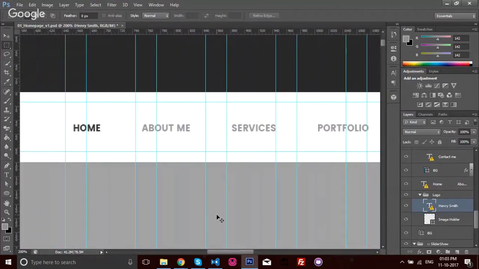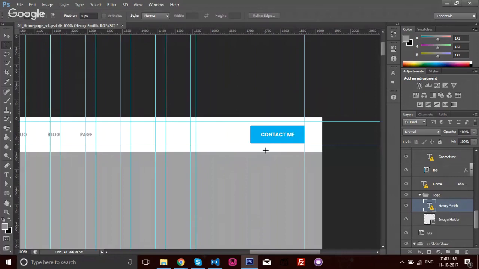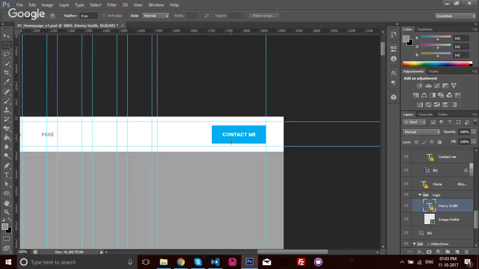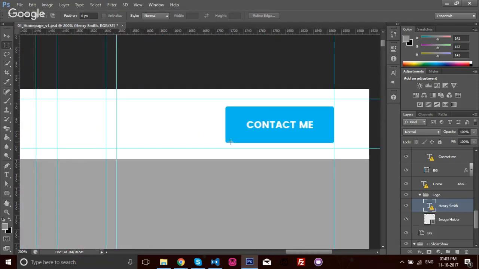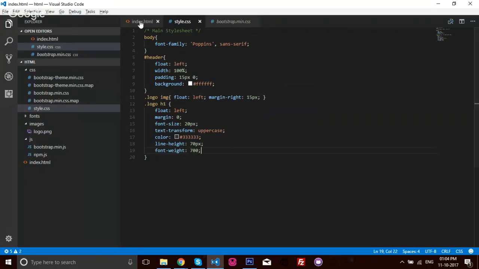We are not going to create the menu right now. First, we are going to create the contact me button, because it is simple right now to do this. Keep in mind, do the bigger task at last. Okay, take the smaller one first and then move to the bigger one. So what we are going to do now is create a contact me button. So in contact me button,